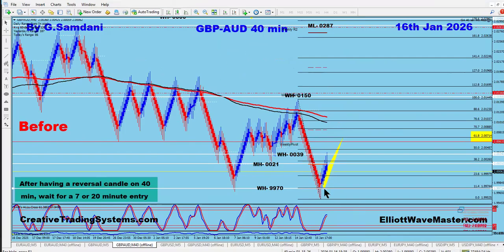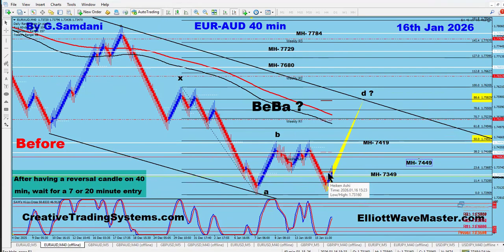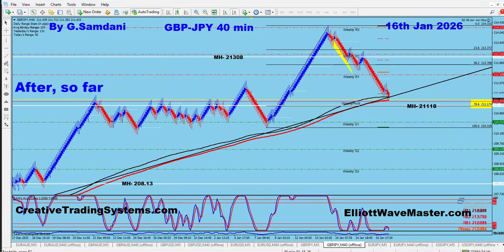Euro Pound Aussie. I made the chart when we were here. That's going to go up, so it already started to go up. Euro Aussie, I made the chart that it's going to go up, and it started to go up. It's already ready to give a long entry on the 20-minute chart. So I'm going to take that entry next week when the week starts, and the rest I'll make. See, this one's supposed to be going to the upside. I already made the chart and